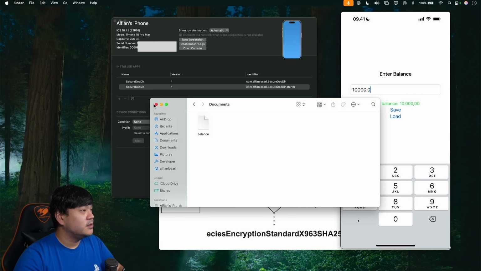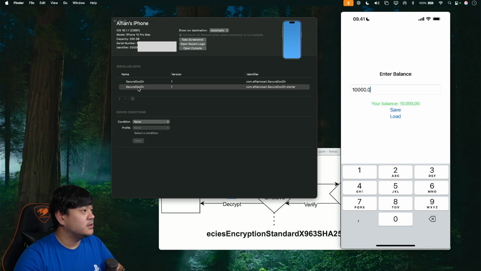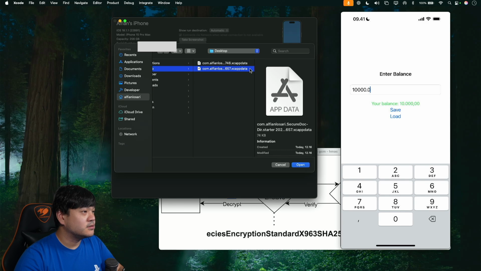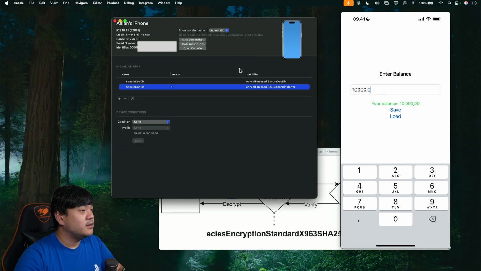I can click here and select Replace Container and select this to replace the document directory with the one I have modified. And here in the app I can simply load it, and you can see it's loaded the document directory that has been tampered with from Xcode.